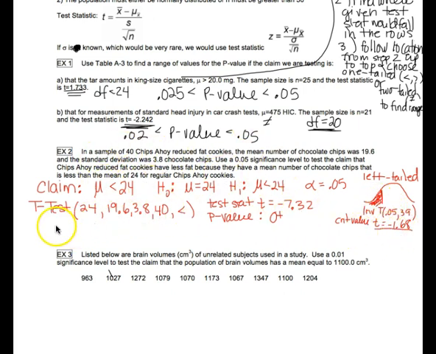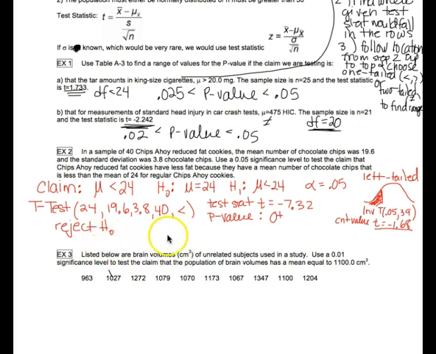So it is in the rejection region, which means that we're going to reject our null hypothesis. If we were using the p-value method, remember we would compare the p-value to our alpha value, and 0 plus is definitely less than 0.05, so we would get the same conclusion, that we would reject H sub 0,